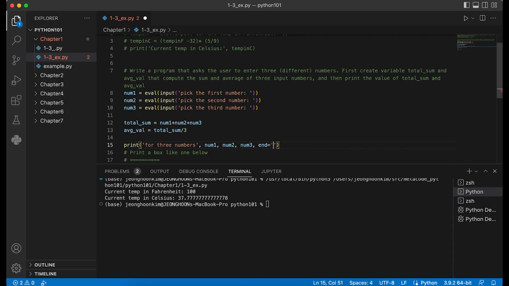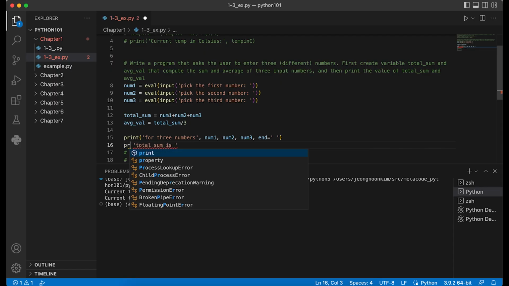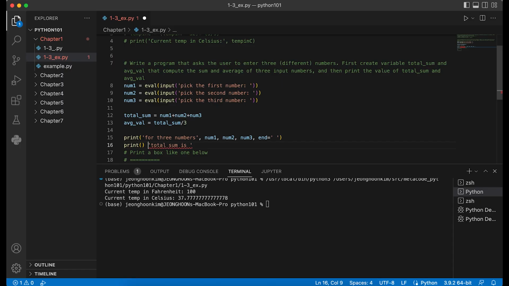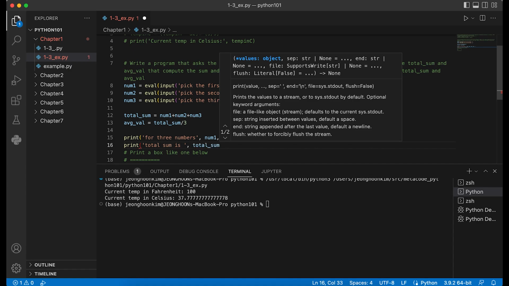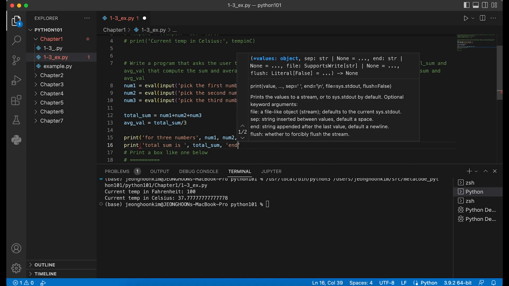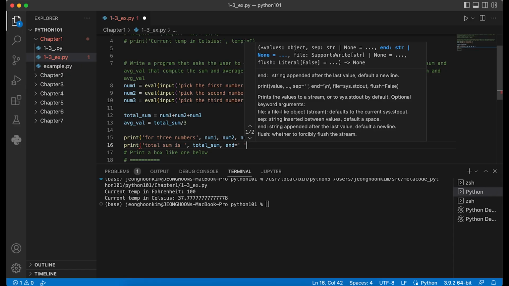And put the space. Sorry, it's not very clean. Total sum is what? Total sum. And then we do this again, right? And is equal to, and the space.